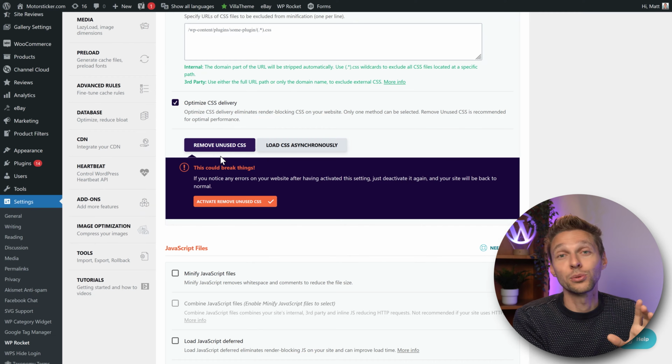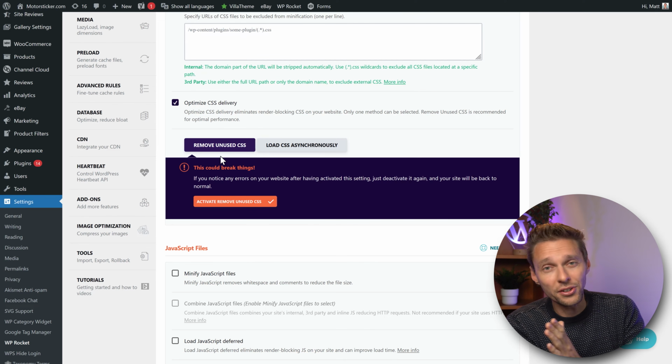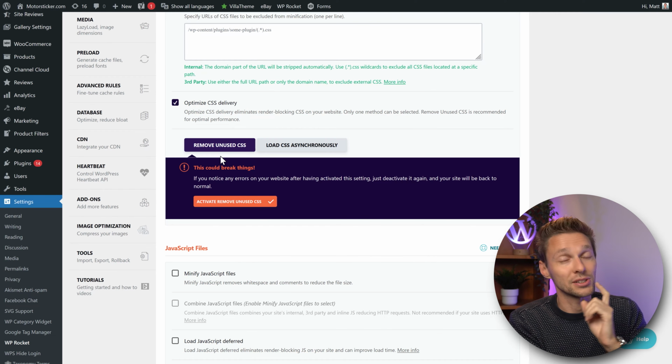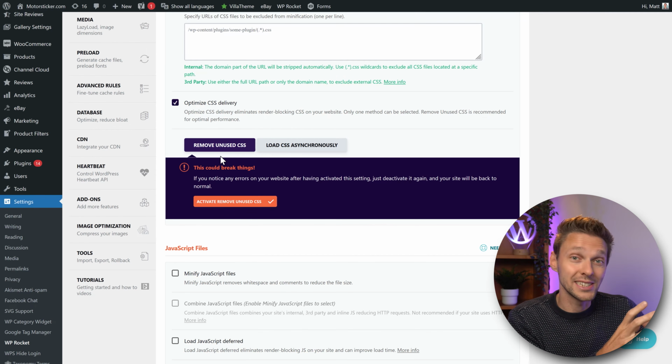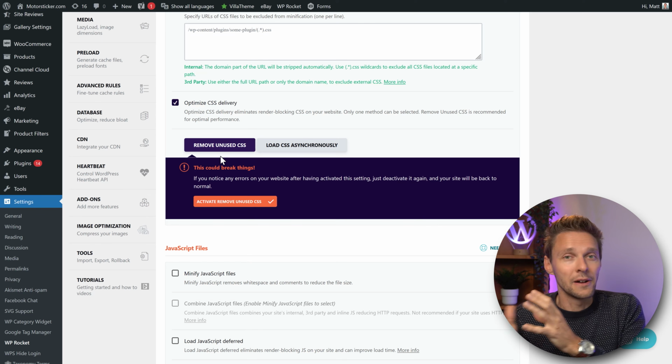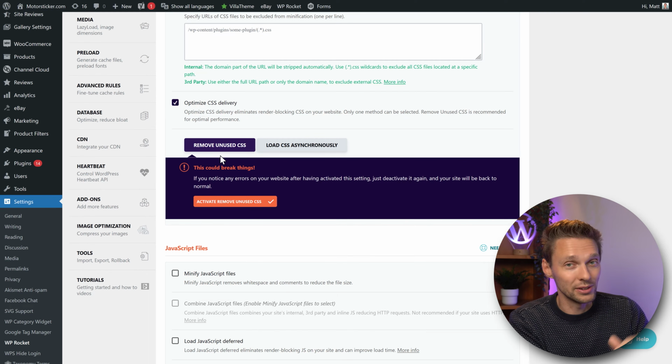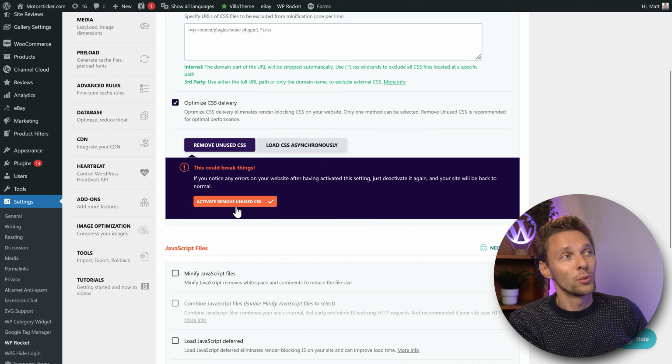Now, what WP Rocket does is remove all the unused CSS per page. So that's really powerful in speeding up your website. As you only have specific CSS files for the specific pages, all the rest will be ignored. And that saves you a bunch of time and it will easily speed up your site. We're going to press Activate Remove Unused CSS.